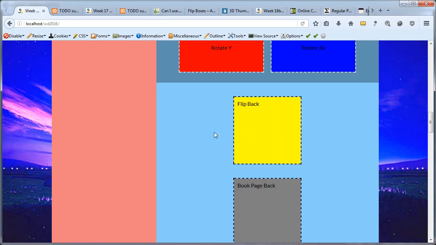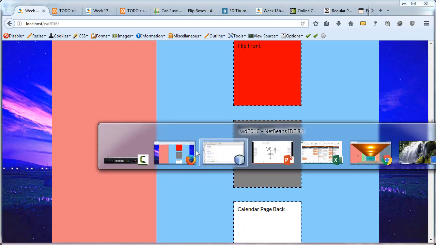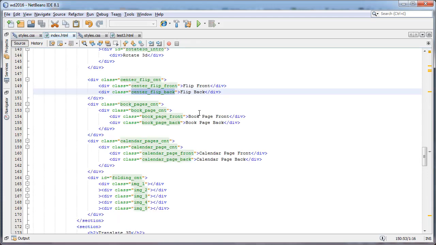So that is our final result that we have now accomplished here. Let's go into our next example, and here we want to accomplish a book page flip, and then for the next one, very similar, it will be the calendar flip. So let's do the book flip first, and what we are dealing with here once again is a container box